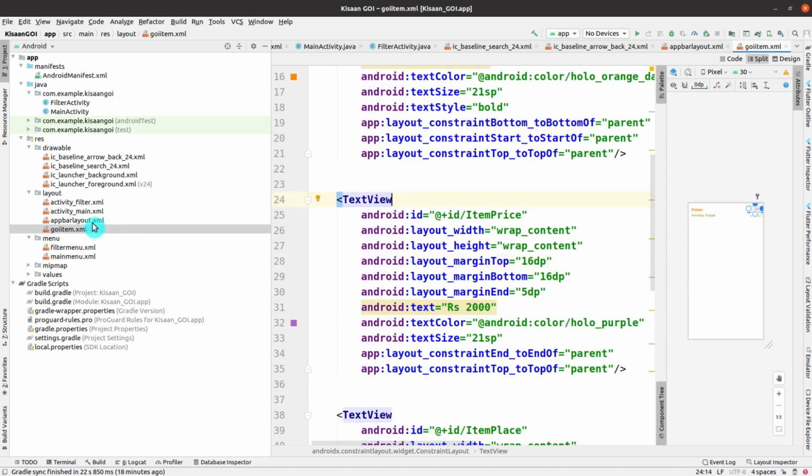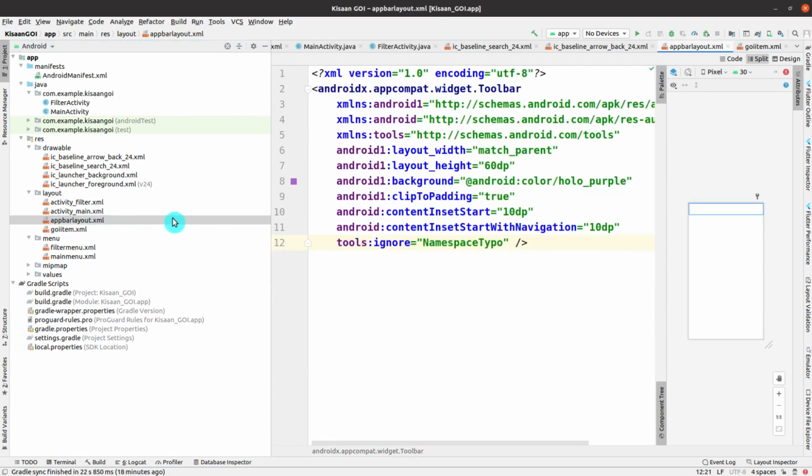Then let me check what else I can correct right now, and let me move to this app bar layout XML and see if there's any need for addition. The color for this background should also be changed, as it is not appearing on the right side of the screen.